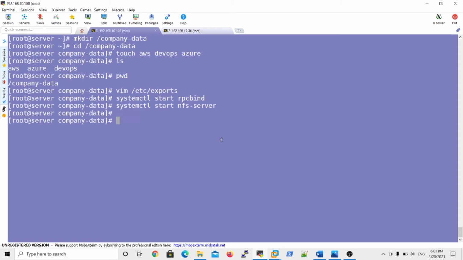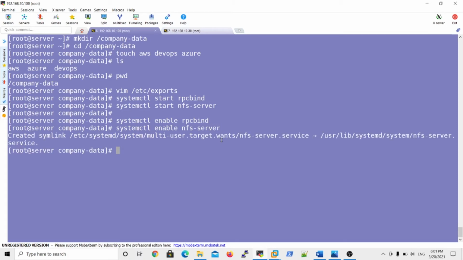Then you must make both services enabled, so these services run at boot time. How to make a service persistent? systemctl enable rpcbind, and again enable the NFS server. Now you successfully started and enabled the NFS server and rpcbind packages.